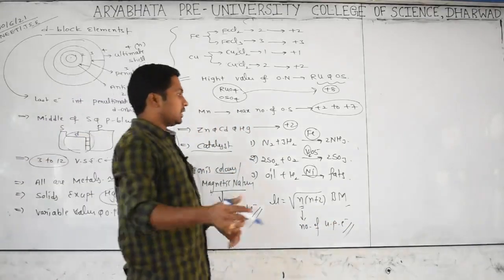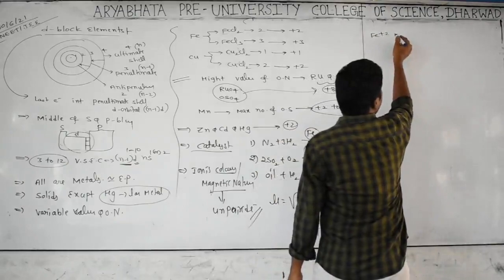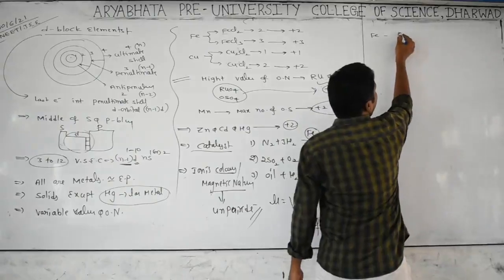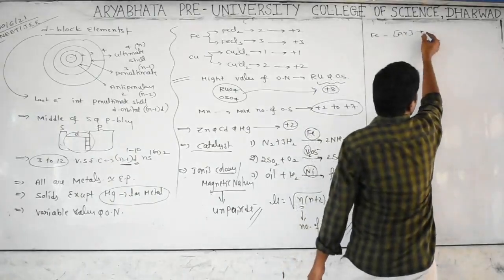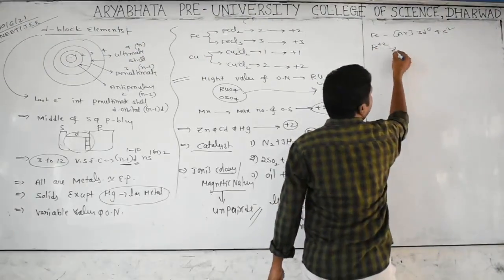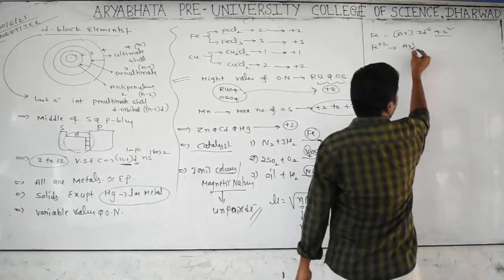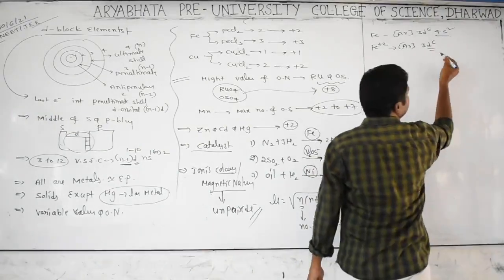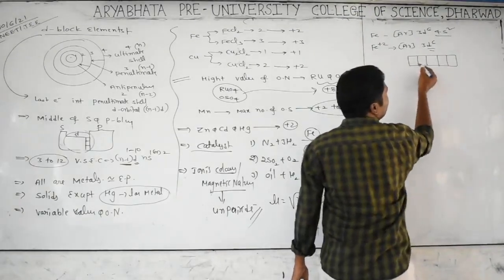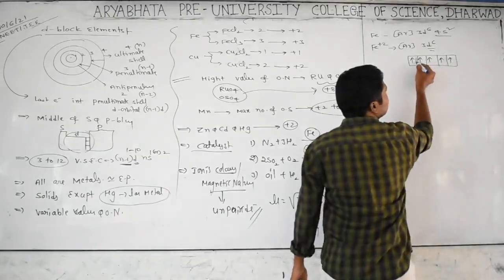Are you clear? Yes. I will tell you one example. For example, you have Fe plus 2. Fe atomic number is 26, so write down first Fe: argon, we are getting 3d6 and 4s2. For Fe plus 2, we lose 2 electrons from 4s first. After that we have argon and 3d6. 3d6 means how is the filling? 5 orbitals will be there. How is the filling according to Hund's rule? First 1 goes into each orbital, 4, 5, and after that the 6th.